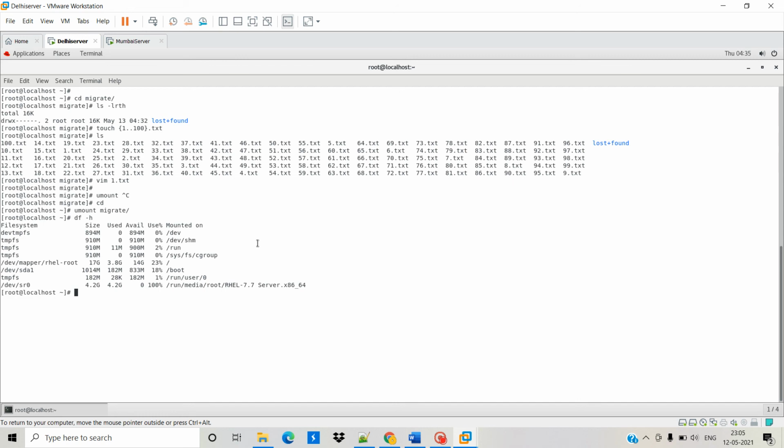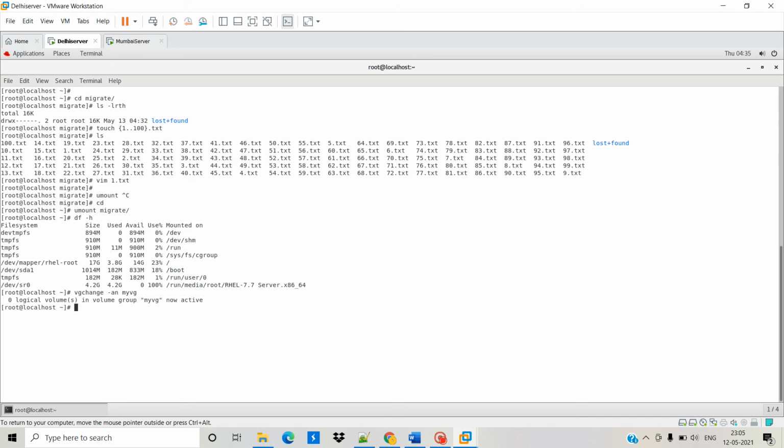By this command you inactivate your VG. This vgchange command is used to activate or inactivate your VG. So vgchange -an and your VG name.